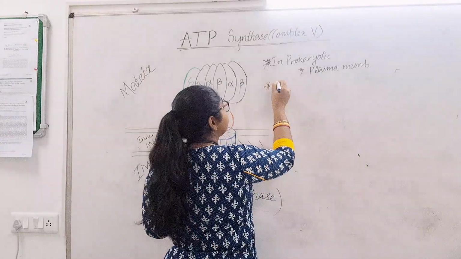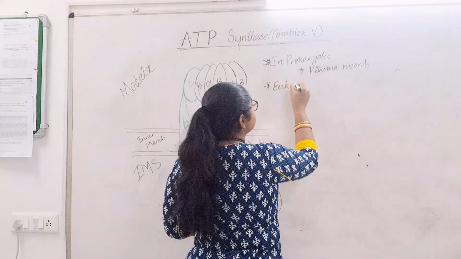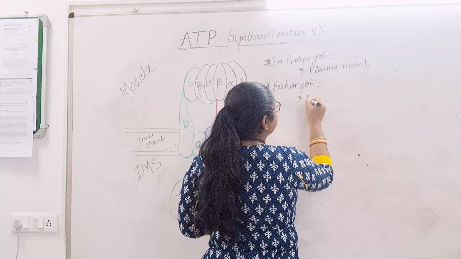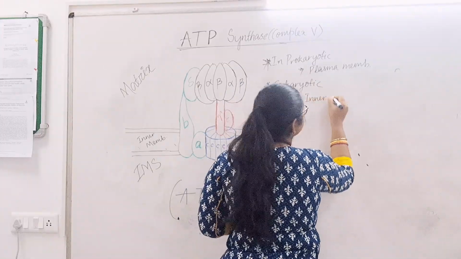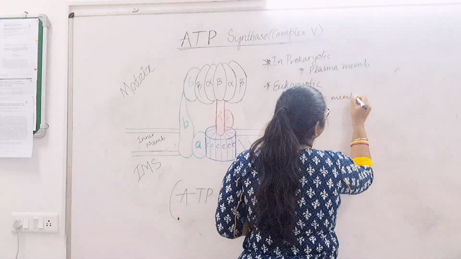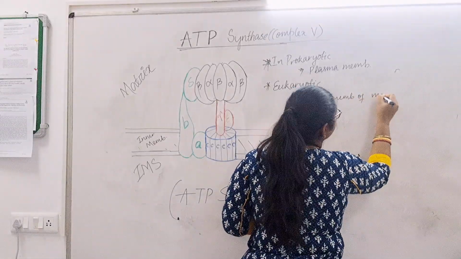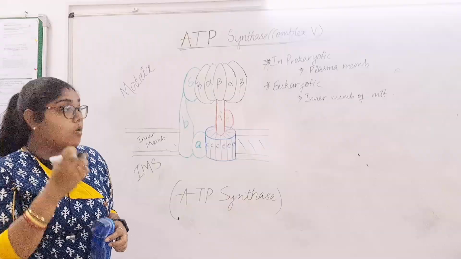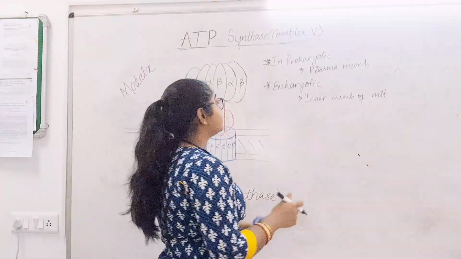In eukaryotic organisms, it lies across the inner membrane of the mitochondria. Also, in the photosynthetic organism,